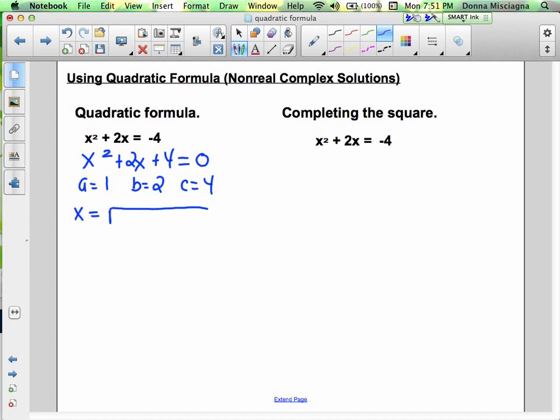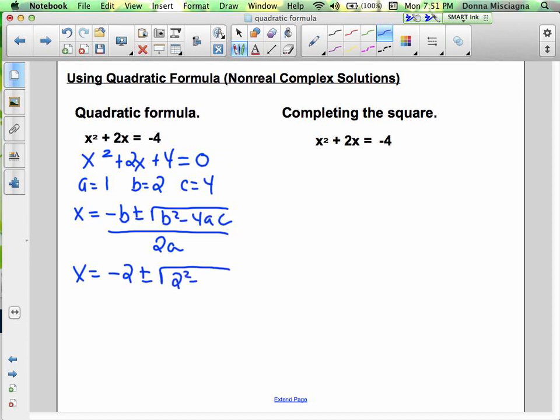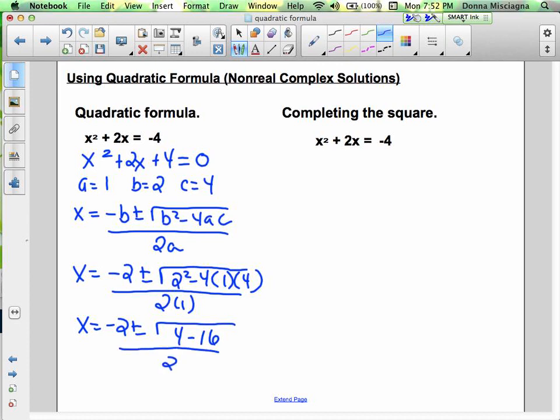Quadratic formula: x is equal to negative b plus or minus the square root of b squared minus 4ac, all divided by 2a. So x is equal to negative 2 plus or minus the square root of 2 squared minus 4 times 1 times 4, divided by 2 times 1. We've got 4 minus 16, divided by 2. So x equals negative 2 plus or minus the square root, be careful, that's not 12, that's negative 12,